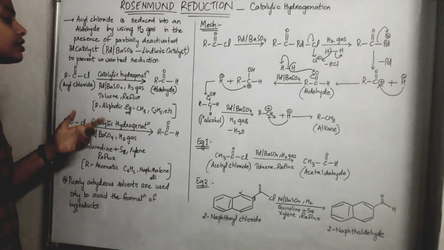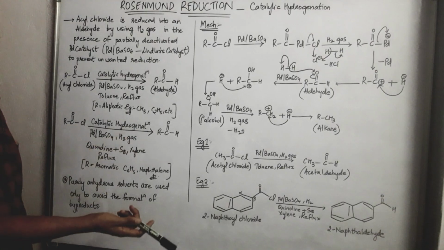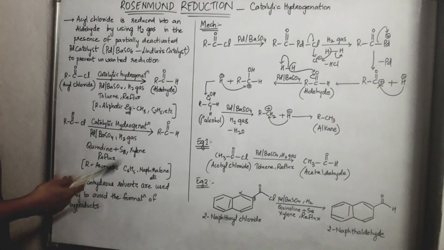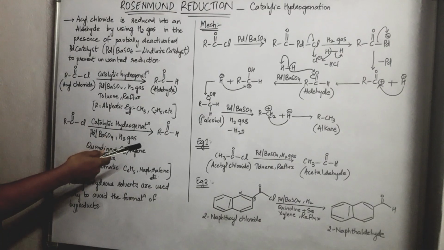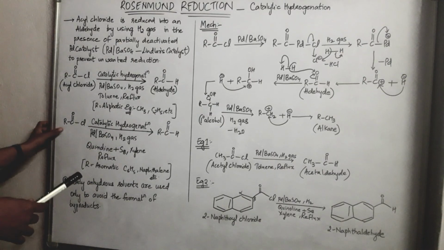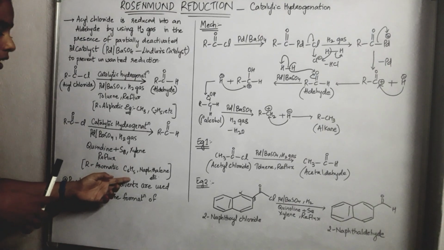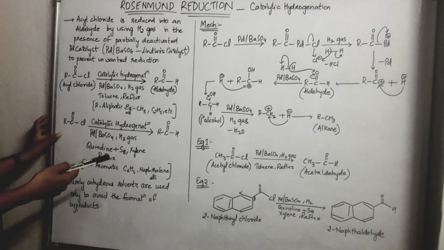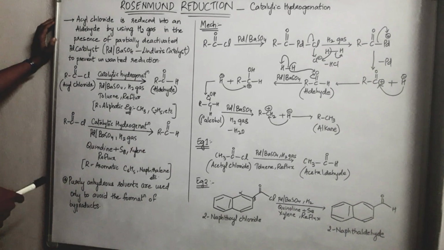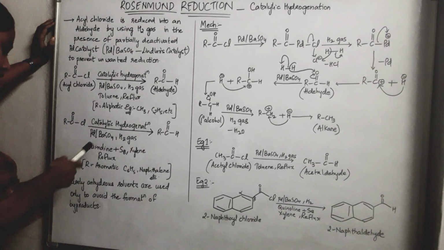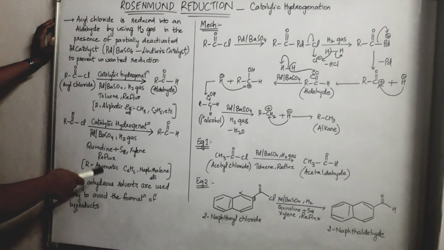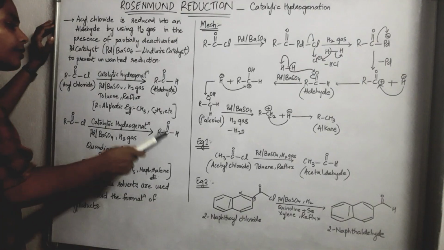So aliphatic in the sense it can be CH3, it can be C2H5, and all the straight chain carbons you can take here. Those are aliphatic. And now when it comes to aromatic, when the R group is aromatic, for example you can take C6H5 as well as naphthalene. In this case the solvent we will be using is quinoline plus S8, polyatomic sulfur. So quinoline plus S8 in the presence of xylene,